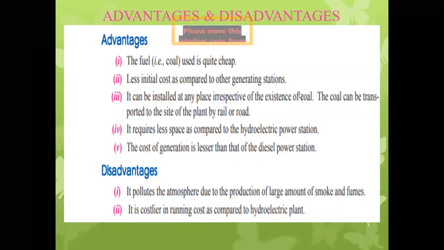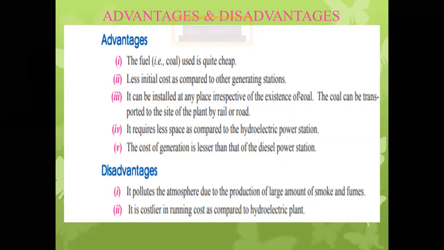The flue gases which come outside the chimney are at high temperature, having a temperature equal to the flame, or we can say fire. So we can say fumes means the flue gas which is evolved from the steam power station at high temperature.